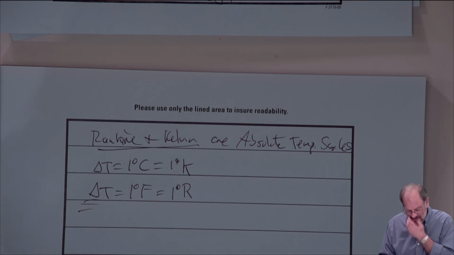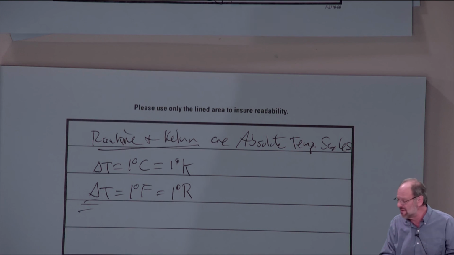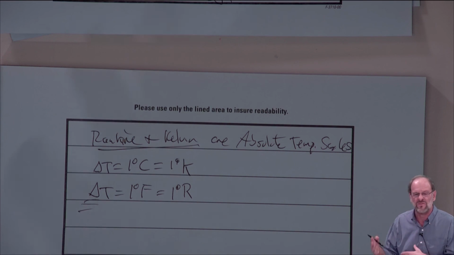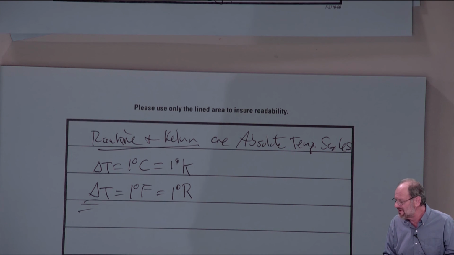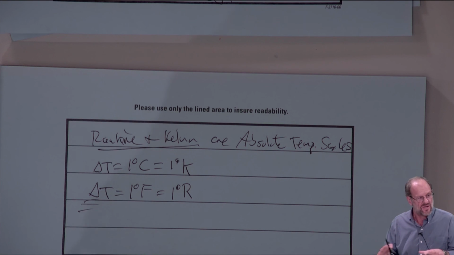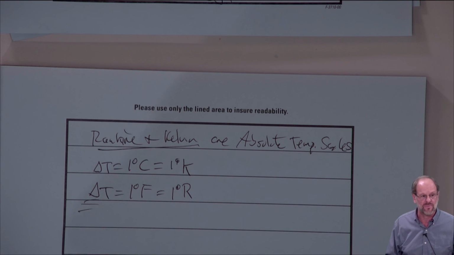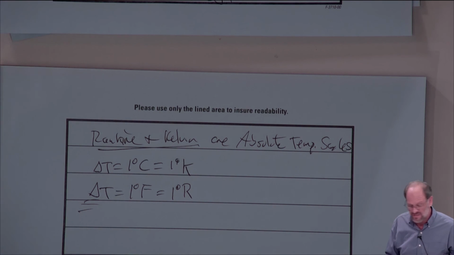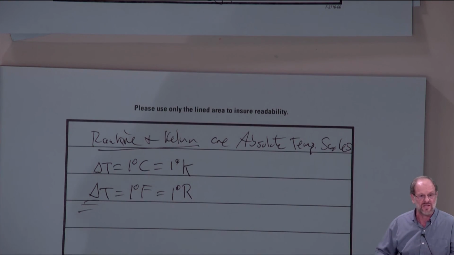And I might also note that you're never going to switch unit scales within any problem. If you're given a problem in the SI units, solve it in the SI units. If you're given a problem in the British units, solve it in the British units. You're never going to want to swap from one to another. I often will have some students that just become more comfortable with the SI scale because you don't have all the conversion factors like you do in the British scale. So they'll take every British problem, convert it into the SI units, and then solve it in those units. But you don't want to be doing that, okay? Whatever the problem is at hand, use the appropriate scales for that problem, or the appropriate unit, I should say, for those problems. That doesn't just apply to temperature, it applies to everything.